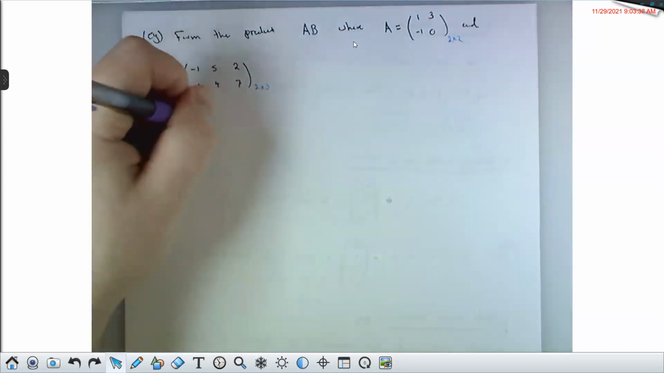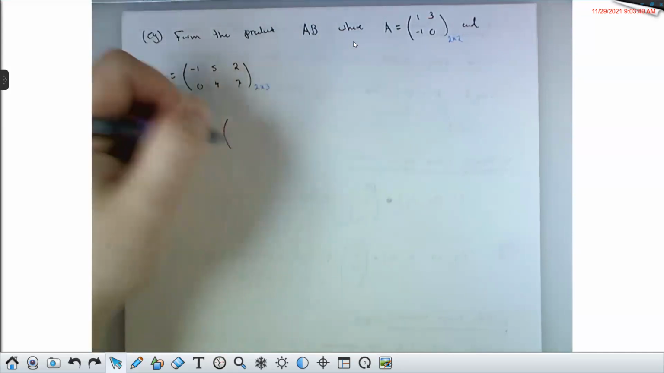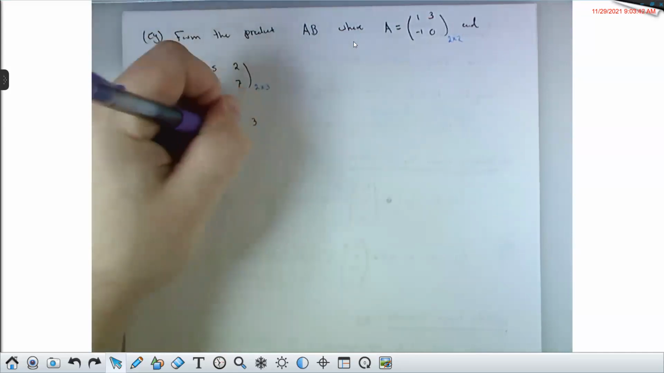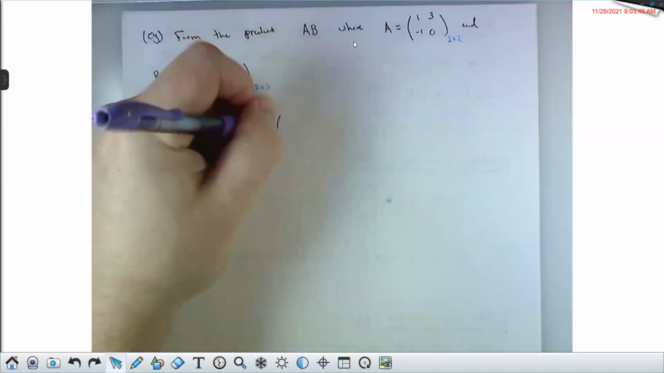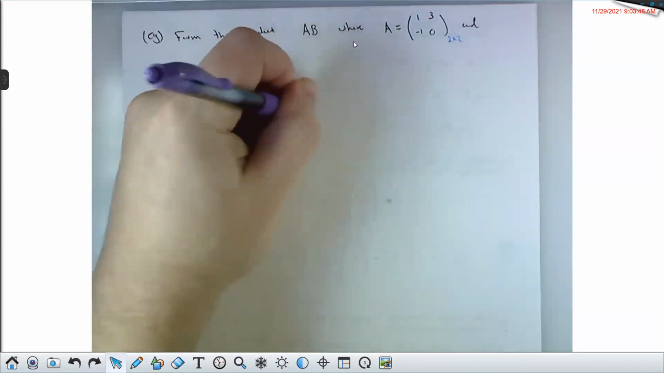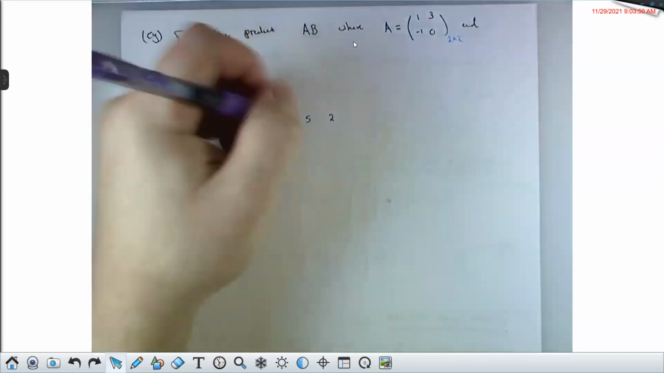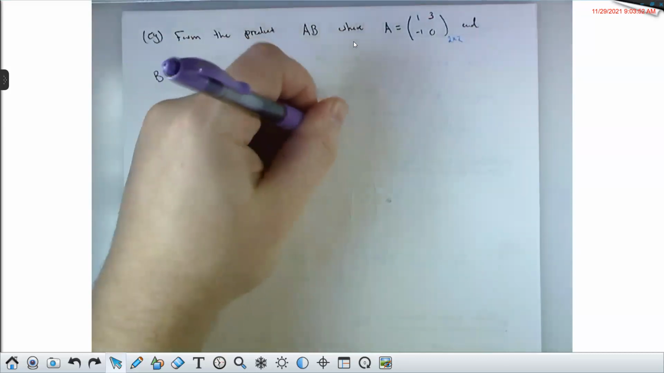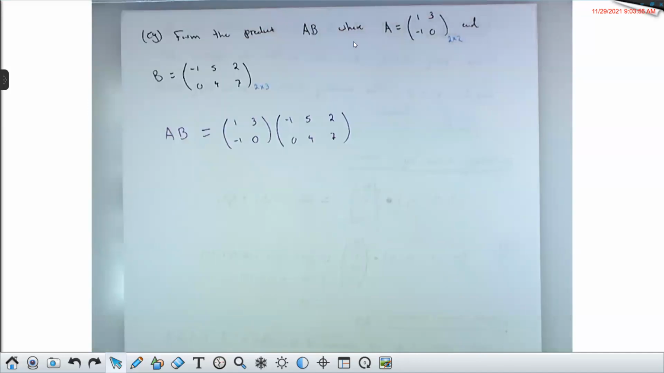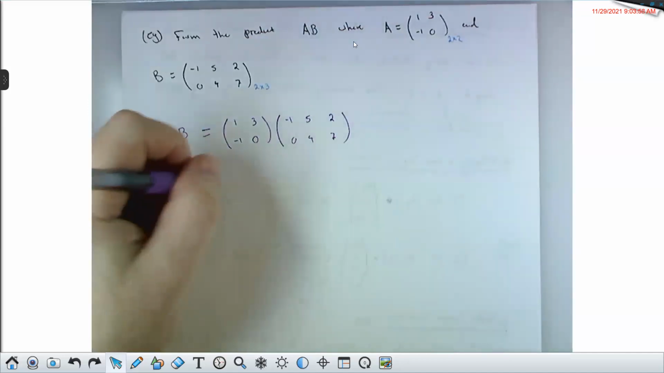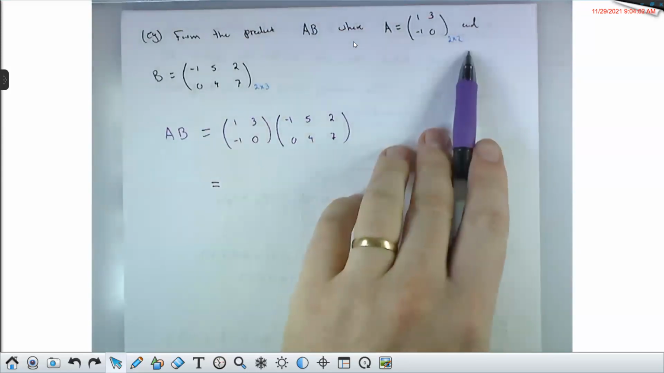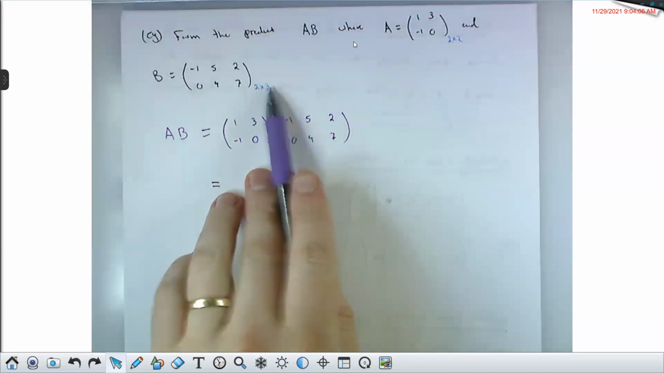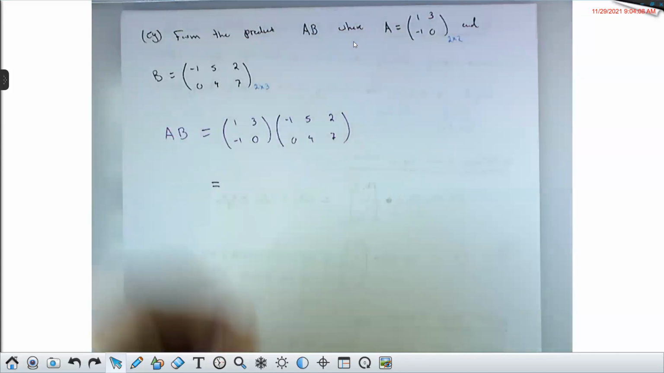AB, I'll just write it out, is 1, 3, -1, 0 times -1, 5, 2, 0, 4, 7. And what I like to do is write the resulting matrix below. I'm taking a 2 by 2 and I'm multiplying it by a 2 by 3. So the output will be a 2 by 3,